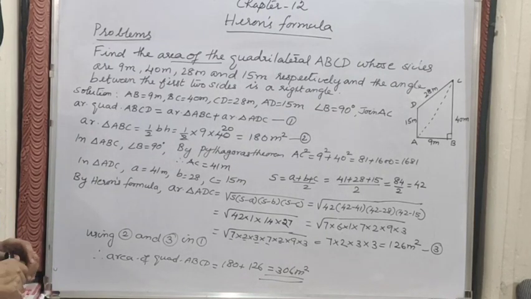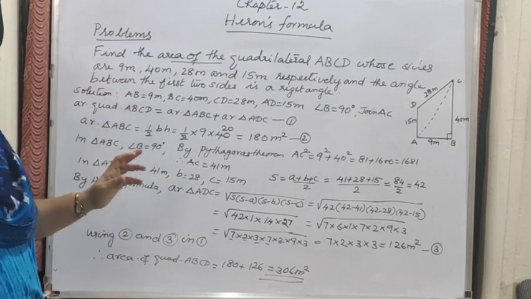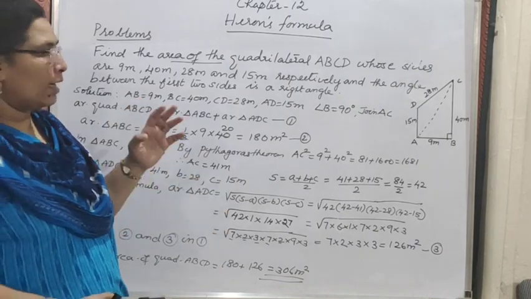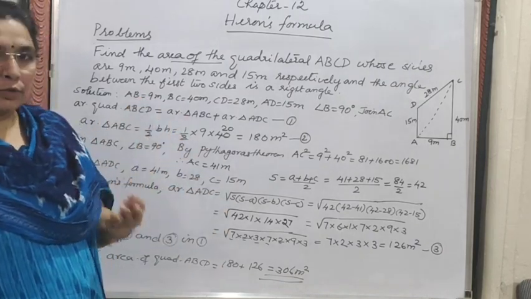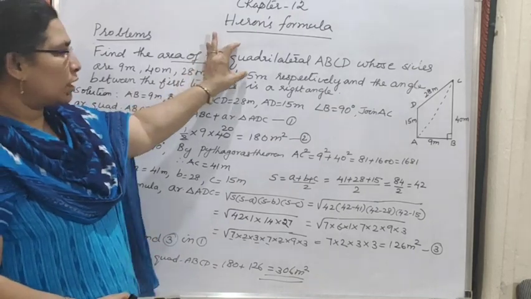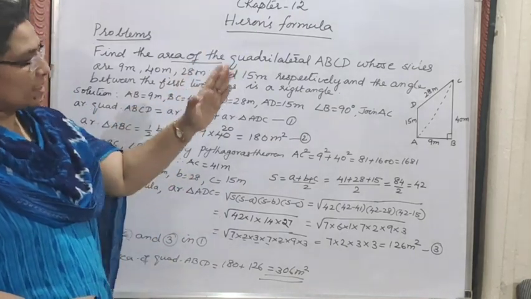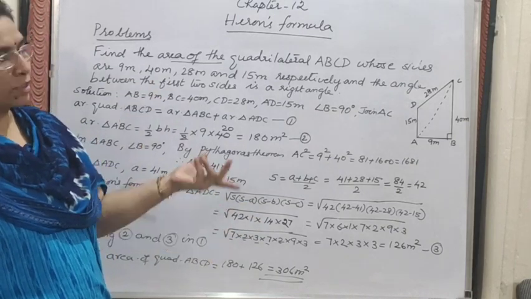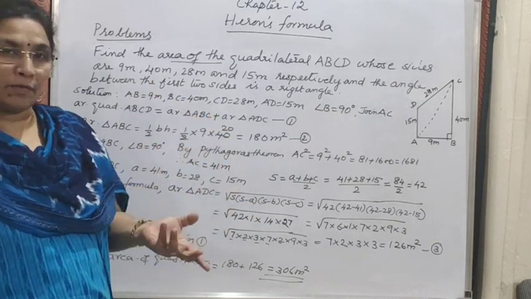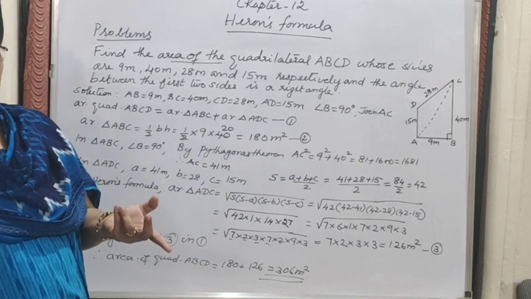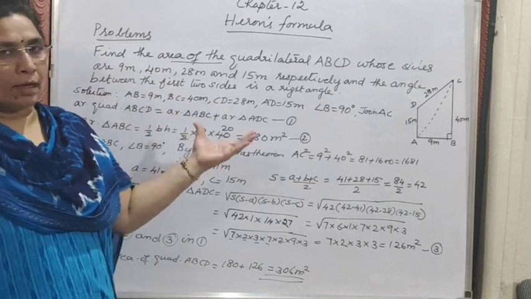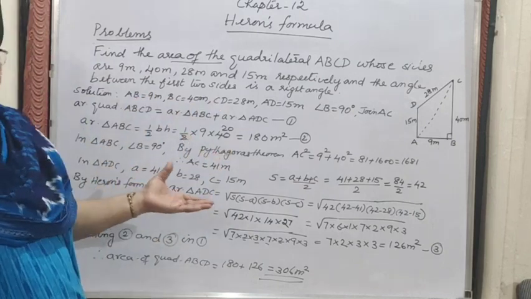I'll repeat the question. Find the area of the quadrilateral ABCD. Here we have to join one of the diagonals and divide it into two triangles. This part they have told to delete, since it is a practice question only, and you have to learn at any cost. We are giving an internal assessment and can ask it, as it is specified in the CBSE curriculum, but in the final exam this area of the quadrilateral will not be there.